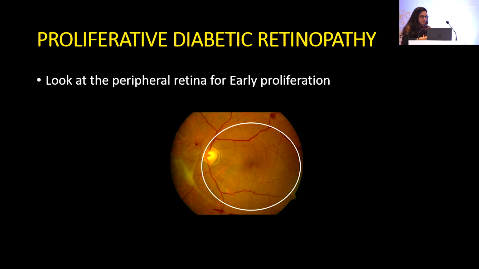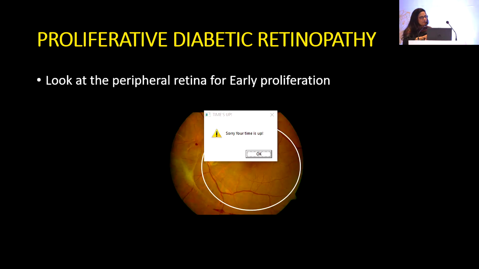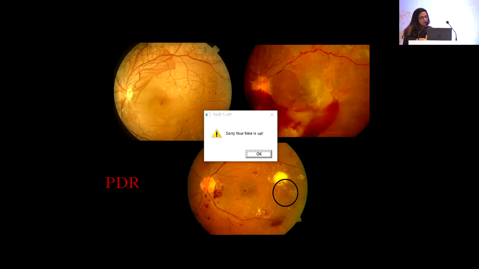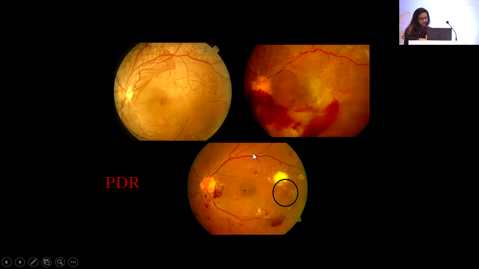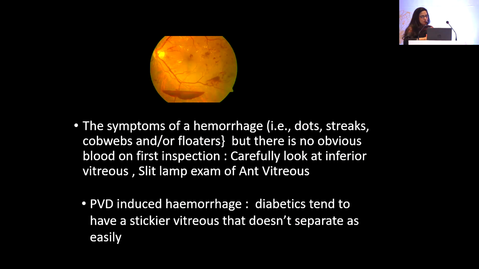For a proliferative diabetic retinopathy, always examine the patient with an indirect. So if you see the patient on 90D or a direct ophthalmoscope, you see this is the central area which appears absolutely normal. But here you see that the patient has a proliferation. So an indirect examination is extremely important in all diabetics. Also, patients would come with floaters or cobwebs or streaks, and sometimes you will not be able to see the